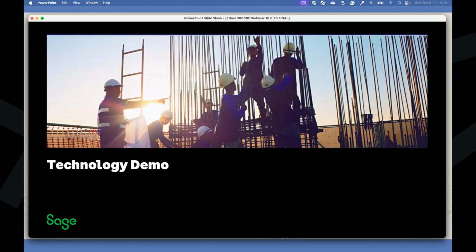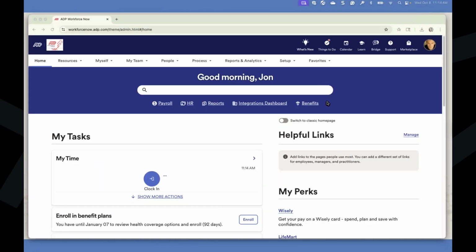So as Kevin mentioned, Workforce Now, in conjunction with your Sage Intacct or your Sage 300 CRE, really is a one-stop from beginning to end, hire to retire. The great thing with that is, it's one system for that employee, no matter what they're logging in to do. It's also a great one-stop shop whether that person is a regular employee, or more of an executive or a practitioner, it's also one login.